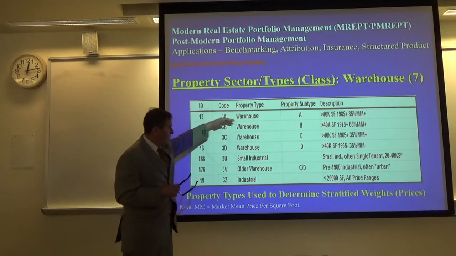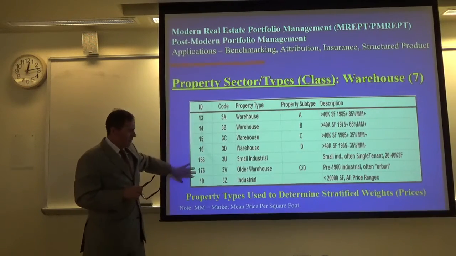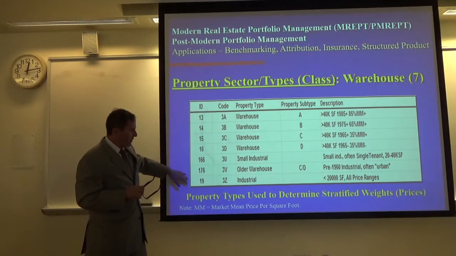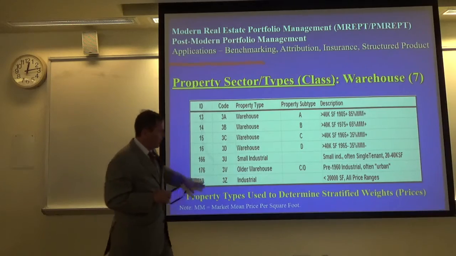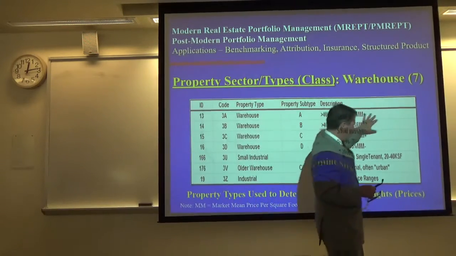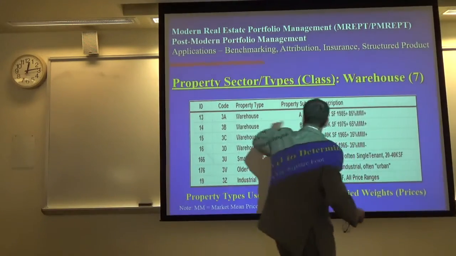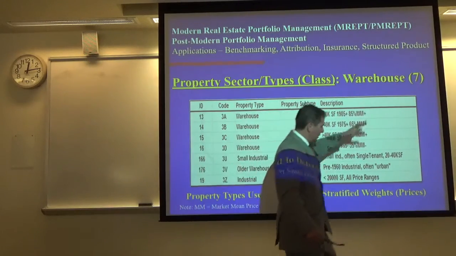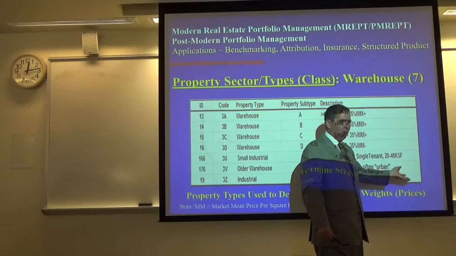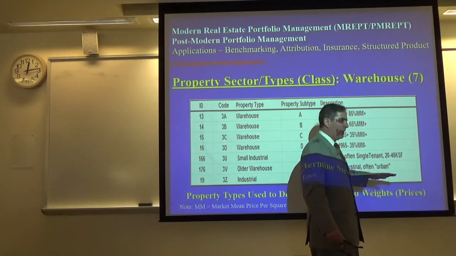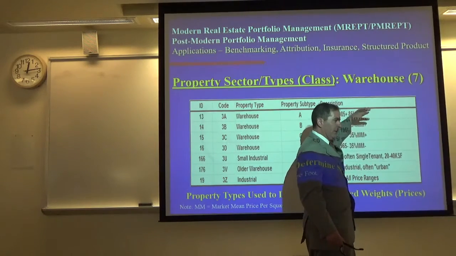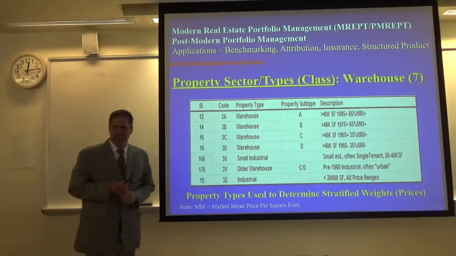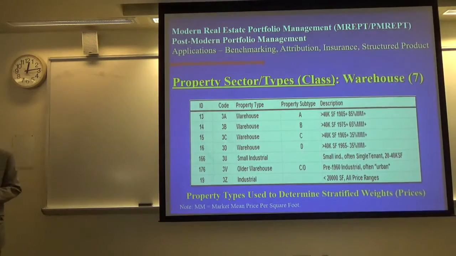So again, we had historical data amongst these property types or classes, and then we would sum up all of the square footage within each one of these classes, sum it up and divide it back, and that became the weights. Once we got the average price per square feet for each one of these strata, we segmented the market, we did market segmentation, market stratification.